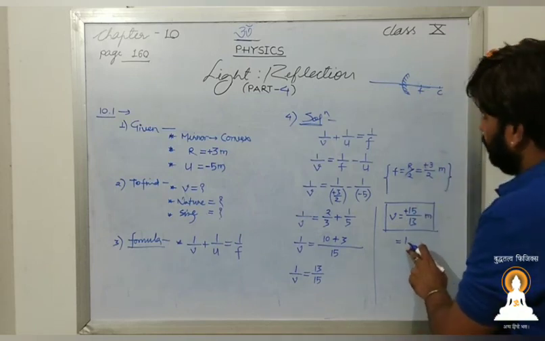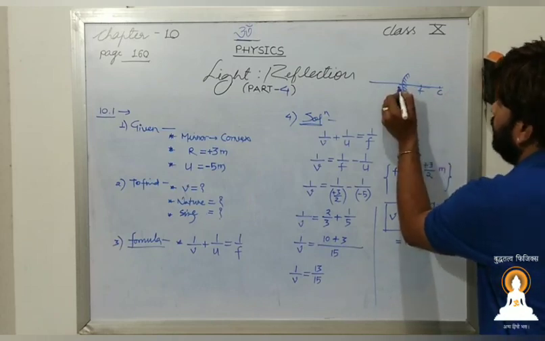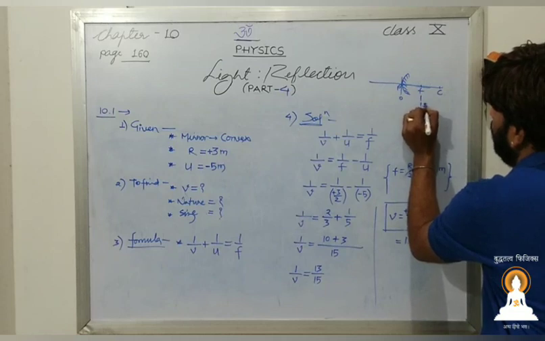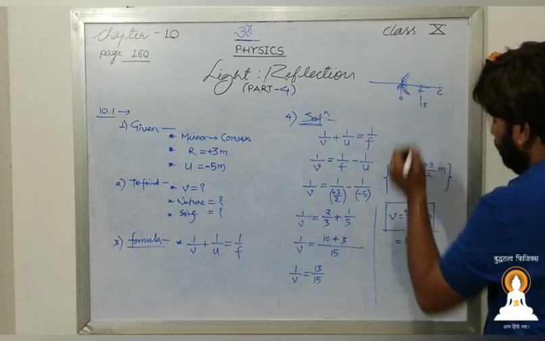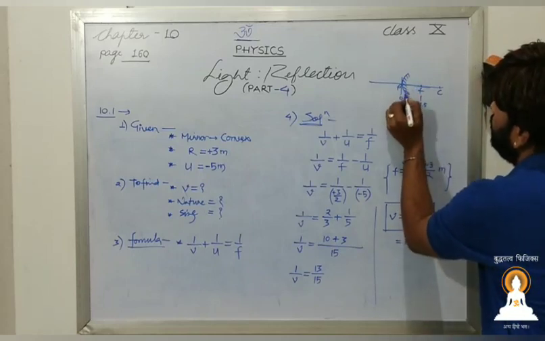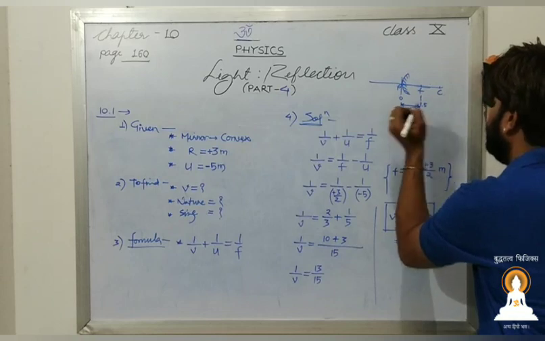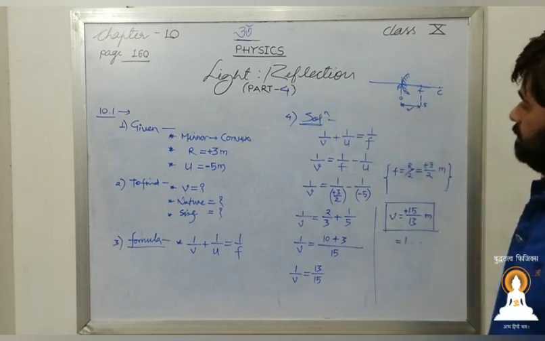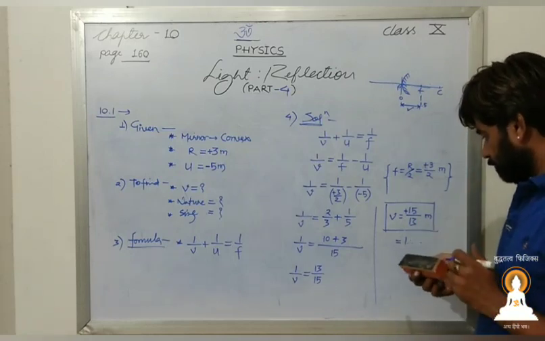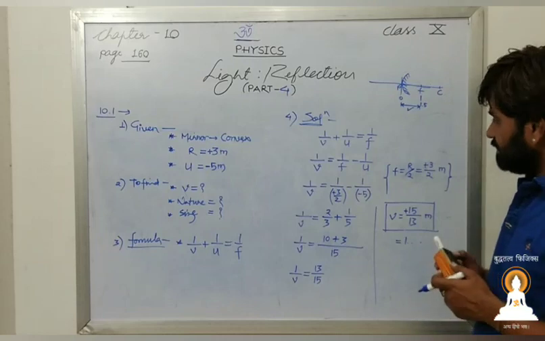And the focal length, we know, is 3 by 2, that is 1.5. And this is the pole. If this is the origin and this is 1.5, then we will have 1 point something, which is less than 1.5. So the image will lie between the pole and the focus, and we have already seen this. Yes, so that was the position of the image.